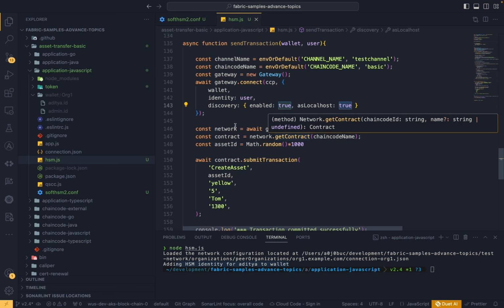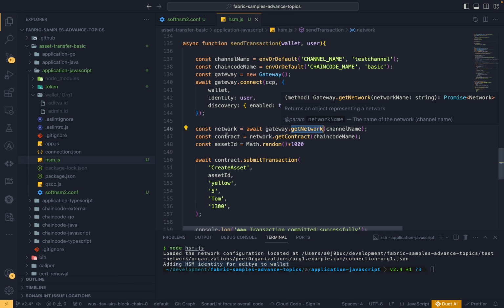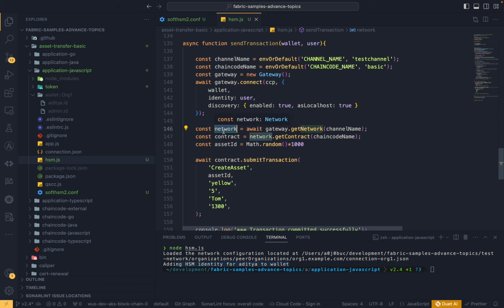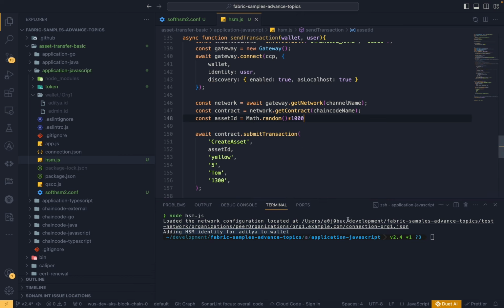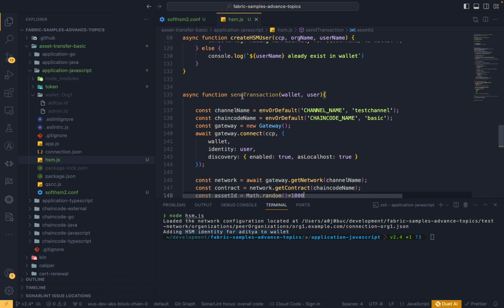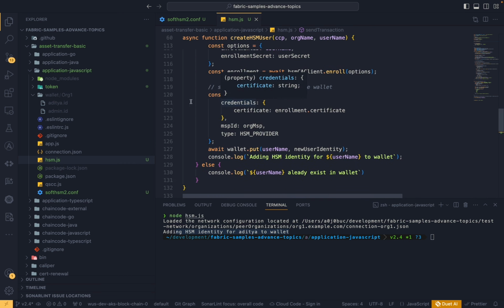Now from the gateway object I'm looking for this particular channel. Here you can see I'm doing get network, and it's going to return me the channel object back, and then I'm doing get contract to get the chain code back, and then I'm going to send the transaction. Here you can see I'm doing contract.submit transaction, and I'm passing all the required parameters needed by this particular create asset function in the ledger. I'm also generating this asset ID randomly so that I don't have to manually come again and give a new asset ID. And now let's try to call this function here, send transaction, and I'm thinking to call it directly